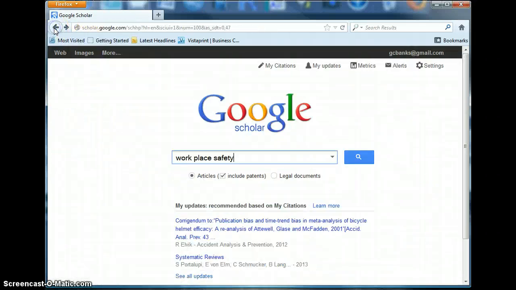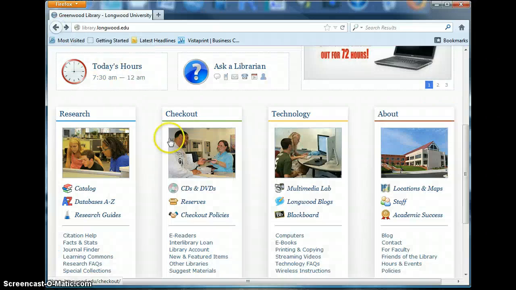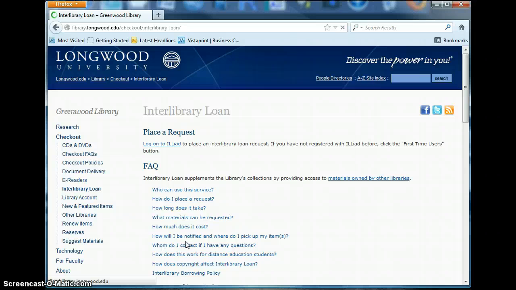So if we go back to the library homepage now, let's say we find an article we love but it's not immediately available. You can go down here to Interlibrary Loan, log into ILLiad,